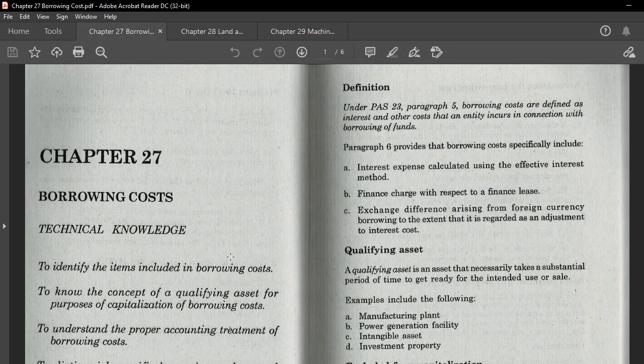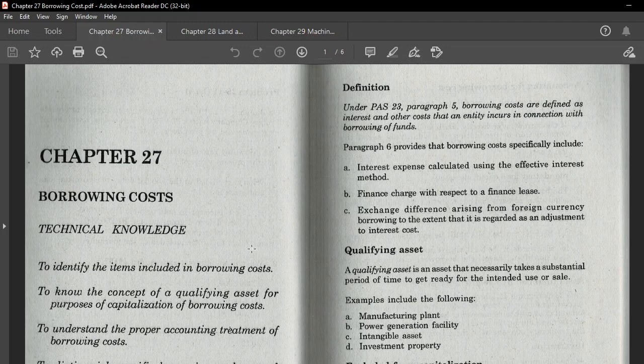So, in connection with the loans or the borrowed amounts nga ato ang gihiram para mapatukod or mapalit ang mga PPE, there would be an attached or we're going to incur borrowing costs. Siguro ang pinaka-common ani nga cost is the interest expense. Yes. So, kaning mga borrowing costs, from the term itself, the cost of borrowing the money will be included in the cost of the building.